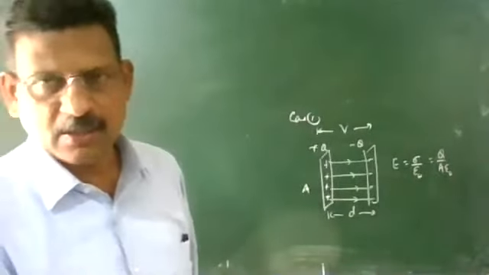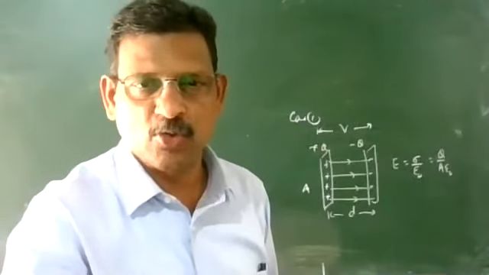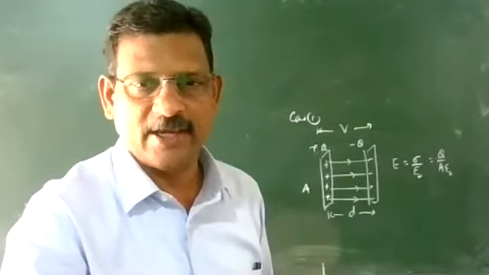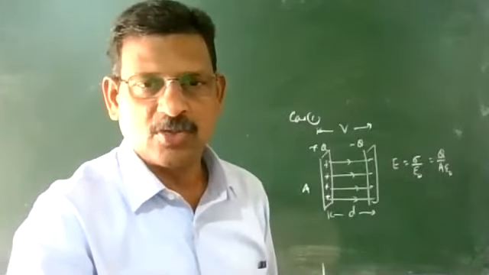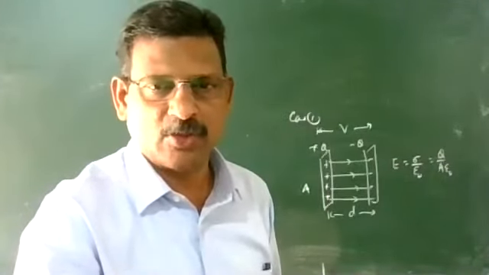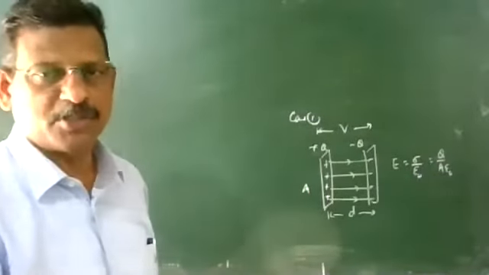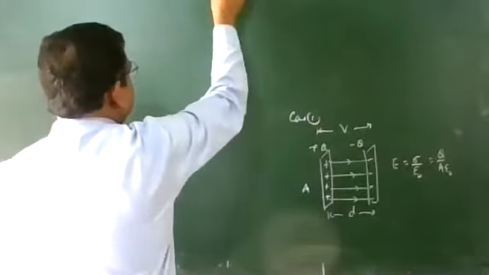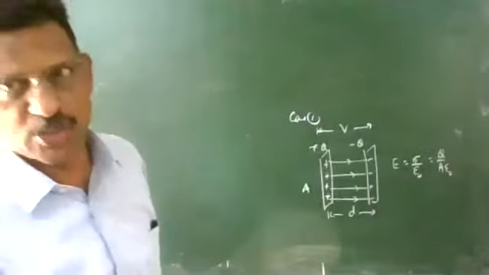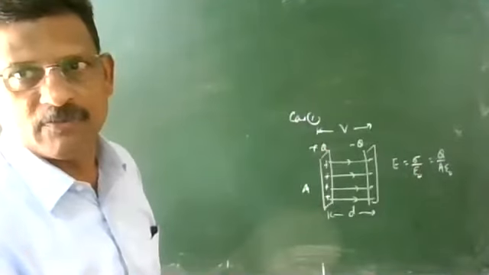Very important, what we discuss: the parallel plate capacitor consists of two parallel plates of area A each and small d the distance of separation. There is a uniform electric field between them, from positive to negative, sigma by epsilon 0, and V the potential difference. So what is the electric field? First point, we write the electric field, that is sigma by epsilon 0. We want to find out the capacitance of this arrangement.